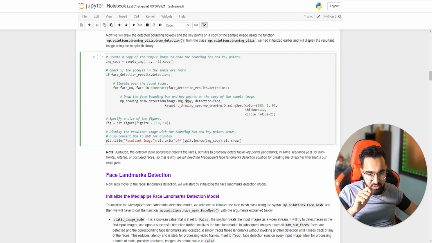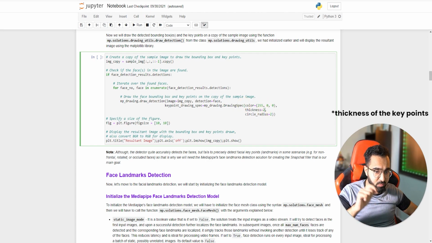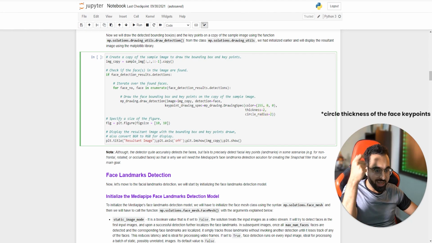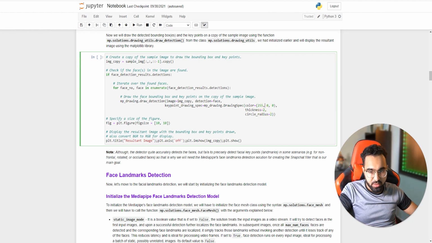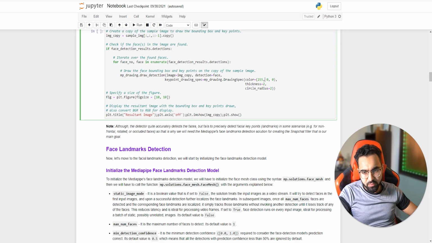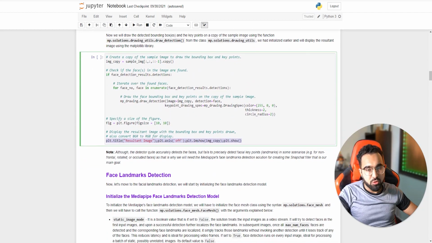I'm going to pass in the image, and I'm going to pass in the face key point spec, and this is the spec that I'm going with. I want this color to be drawn, I want the thickness of the box to be 2, I want the circle radius to be 2. So this is the key points. The circle radius is going to be used when drawing out key points. The thickness is going to be the line thickness of the box, and this is the color that we're going to be using. There are other variables too, but these are the most useful ones. So anyways, this is the plot size, and then I'm using matplotlib to finally display the annotated image.